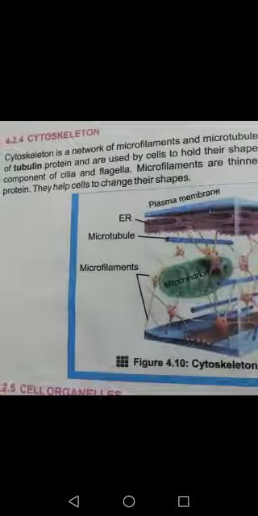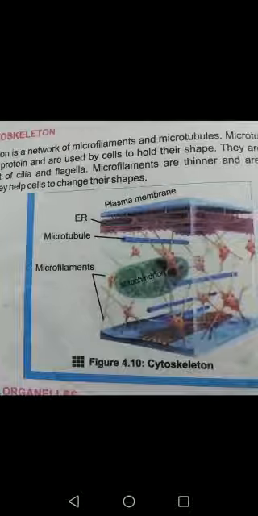Microtubules are made up of tubulin proteins and their basic function is to hold the cell and give the proper shape to the cell. These tubulin proteins are also a component of cilia and flagella. These are present in some microorganisms for locomotion, to help in movement, and they also have different functions in different organisms.